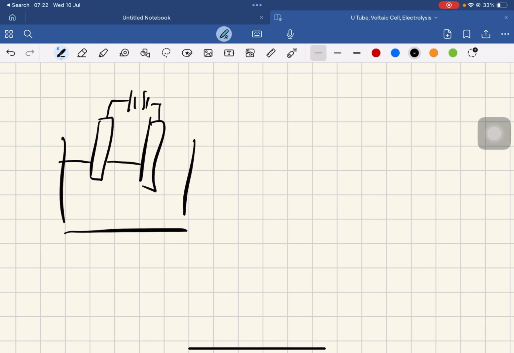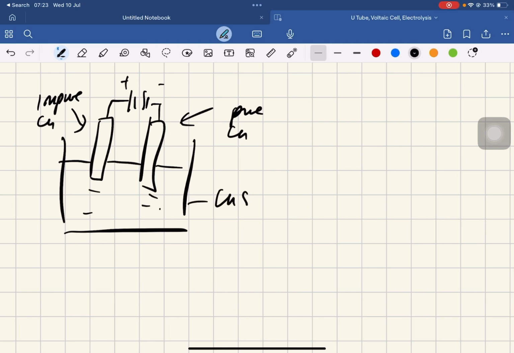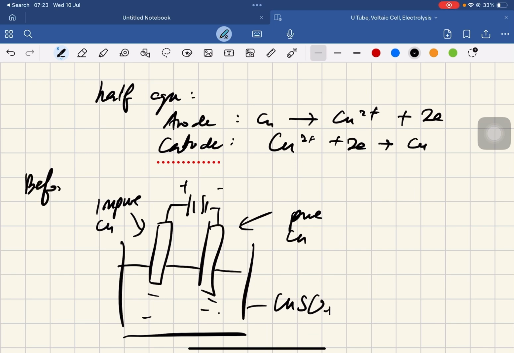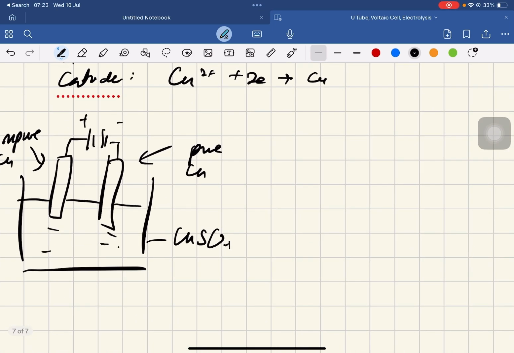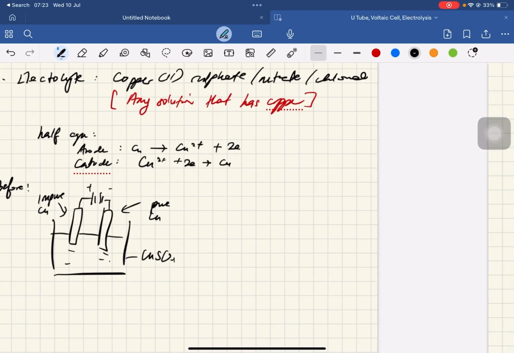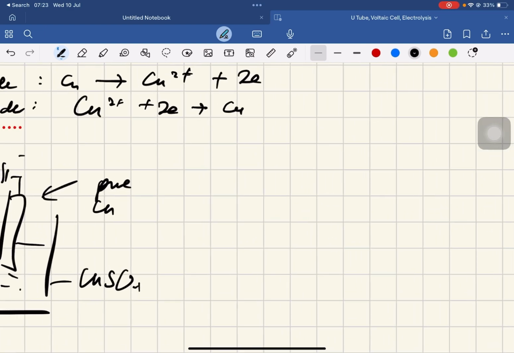Okay, this is before. This is impure Cu. This is pure Cu. Okay. And then this is your solution, copper sulfate contoh. Okay. Now this is our before punya figure. Okay. And let's see our after. Okay. Our after dia jadi